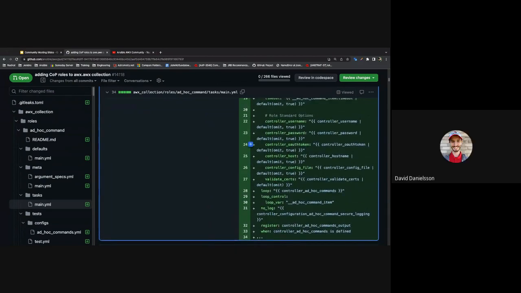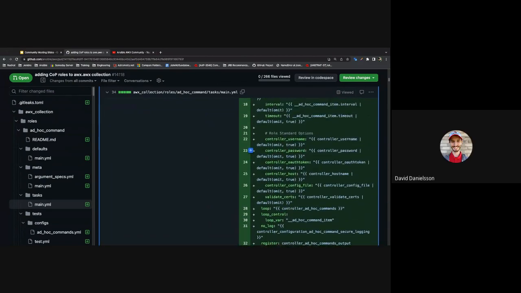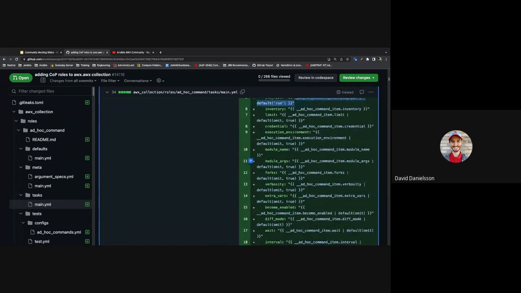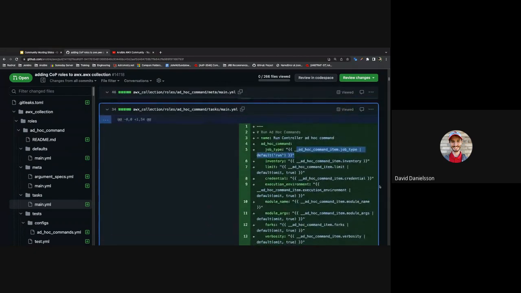It's just a very clean, structured way of allowing users to commonly just pass a list of variables to call the modules. And so then it allows your configuration for your AWX to just be basically a var list,